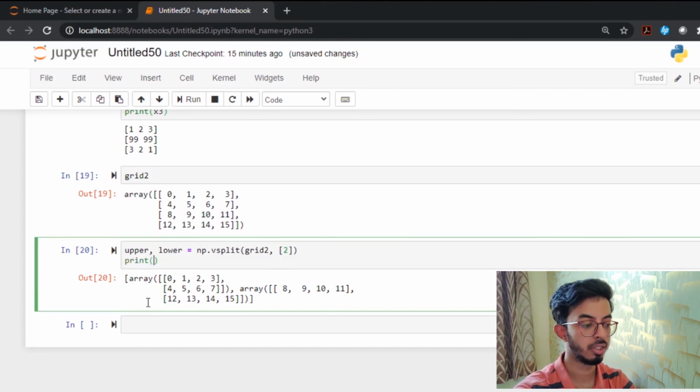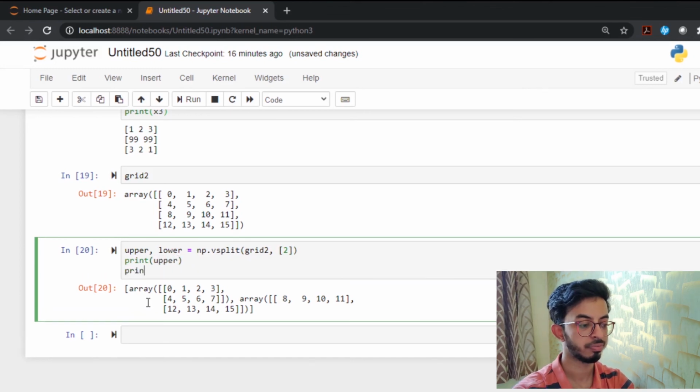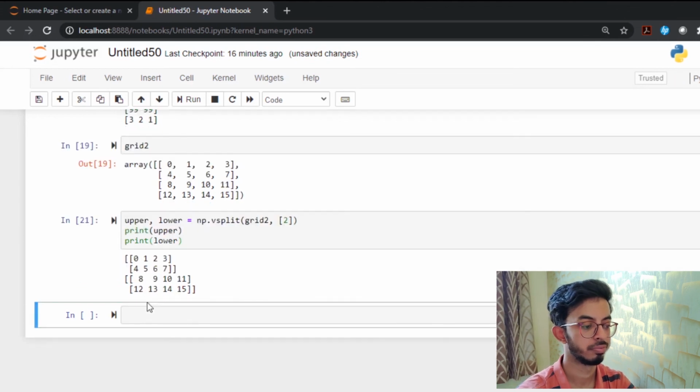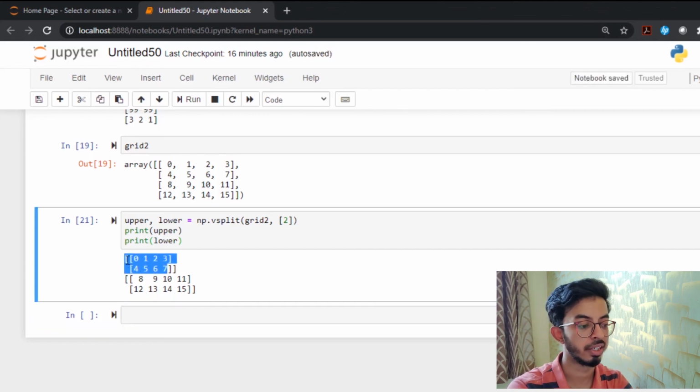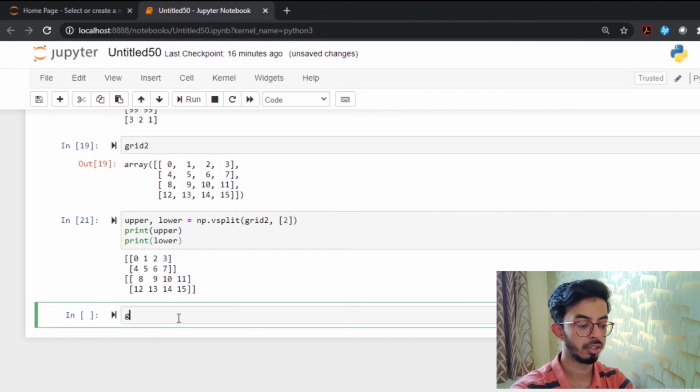Let's just print these: upper, lower. So there you go. As you can see, we have split grid 2 into two, upper part and lower part. These two are separate.